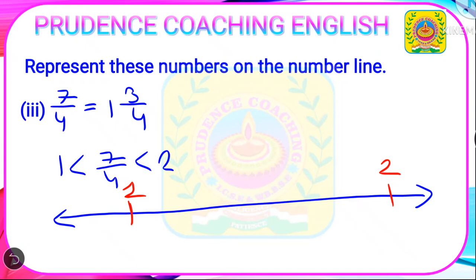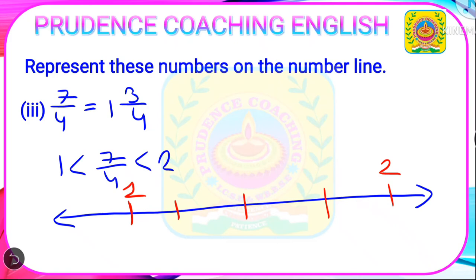As you can see, we have 4 in the denominator, so 4 minus 1 will be 3, and we need to divide this gap into 3 equal parts. So this will be 1, 2, 3. By drawing 3 lines, you will see 1, 2, 3, 4 gaps are made. So for making 4 gaps like this, we just deduct 4 minus 1, which is 3, and make 3 equal lines. And this you will do with the help of a scale.